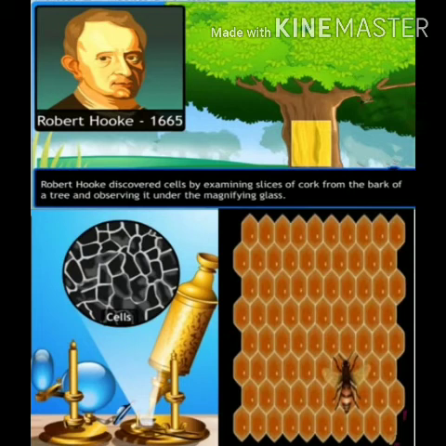Students, bark means पेड़ का जो छाल होता है, बाहर का जो डेड पार्ट होता है पेड़ का, उसे bark बोलते हैं. And from that bark, one part is termed as cork. So Robert Hooke observed a slice of cork under the magnifying glass, and he was able to see partition boxes which appear like a honeycomb, and he named these boxes as cell.